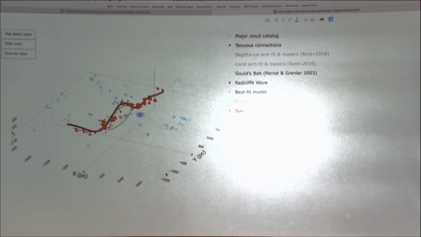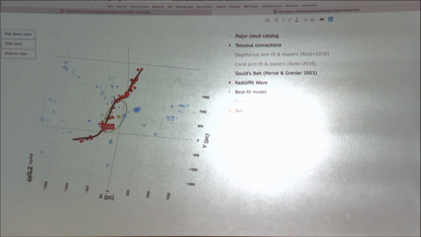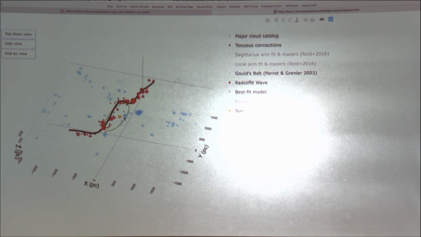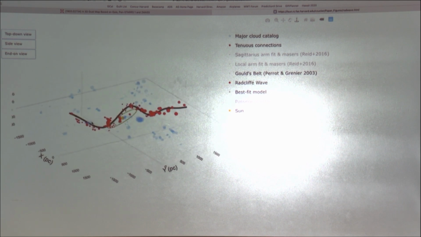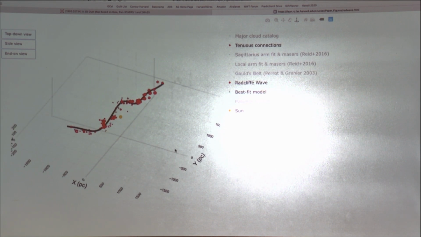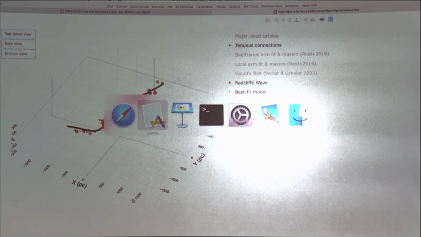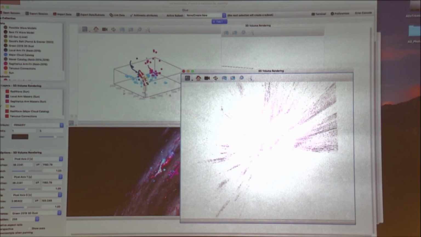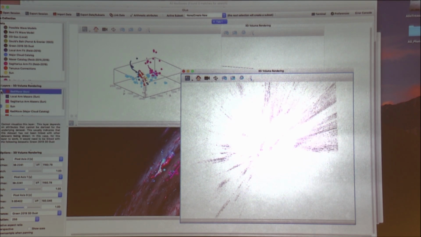And so the thought is that the left side of this was real, and the right side of it was wishful thinking plus a bunch of small molecular clouds that actually fit on that side. So I'm afraid that the paper pretty much says Gould's belt is dead. And by the way, Gould was a Harvard astronomer, so, you know, sorry. Anyway, all right, so no more Gould's belt, and here's this thing. And then what's really fun is if I go back to glue here, and I show you this. By the way, I can put the points on here. Okay, so here.